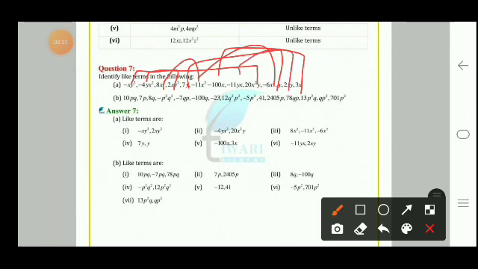In the second one, in the same way we can find the like terms: 10pq, 7pq, 78pq, then 7p, 405p, then 8q and minus 100q. Then here p square q square, 12p square q square, then minus p square, 701p square, then 13p square q and qp square, likewise.